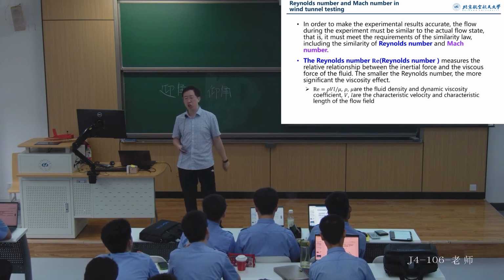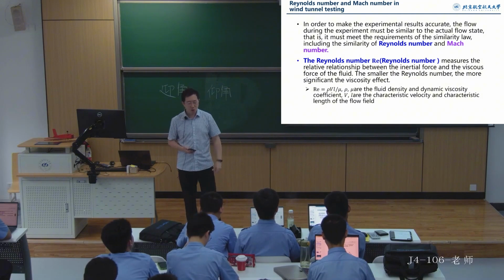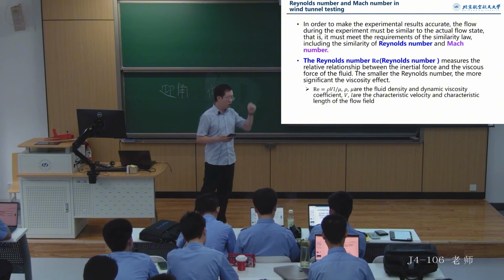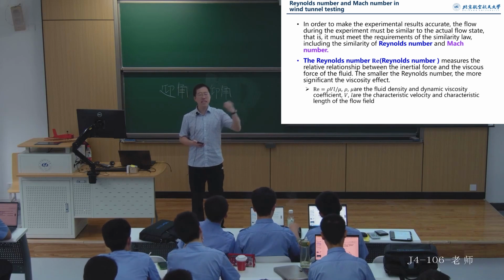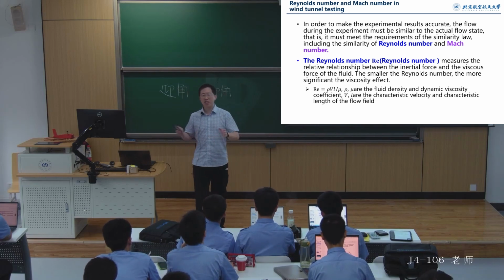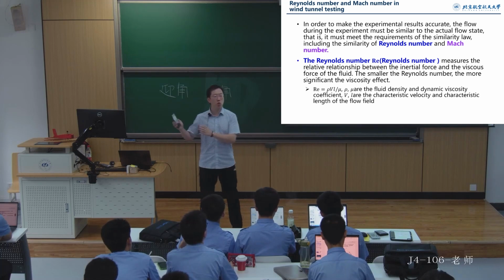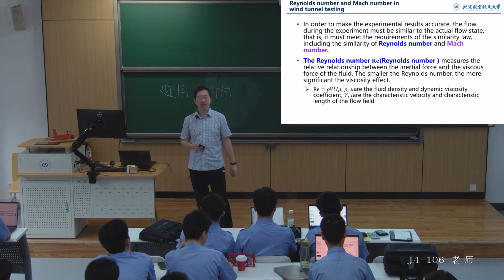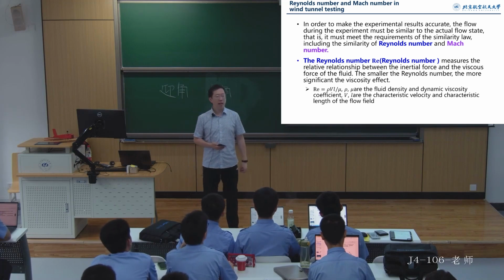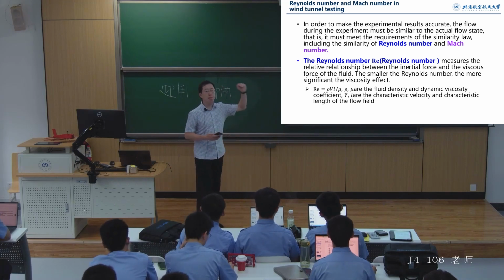What does this mean? If the aircraft is flying in the air, then how does the impact caused by air viscosity compare to the inertia of the aircraft's own flight? It's relatively small, right? Therefore, at this time, the aircraft is in a state of having a relatively high Reynolds